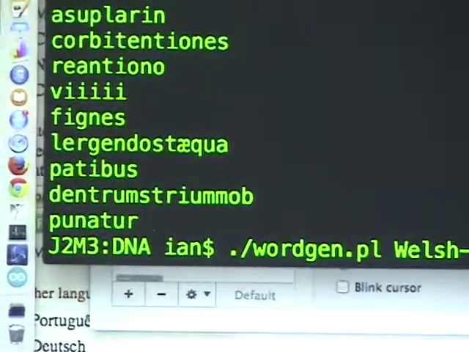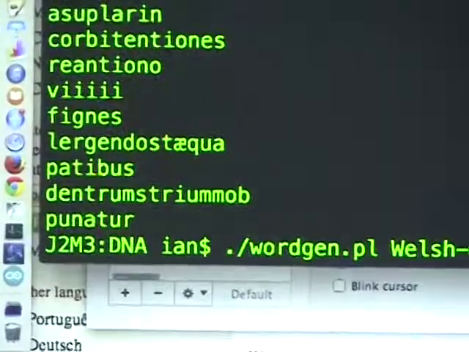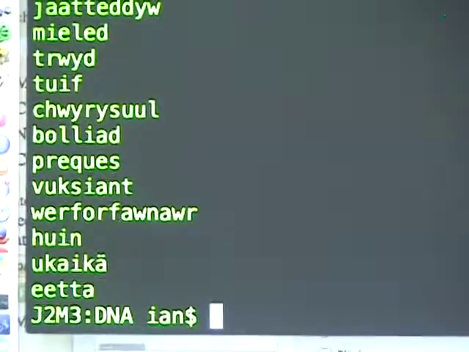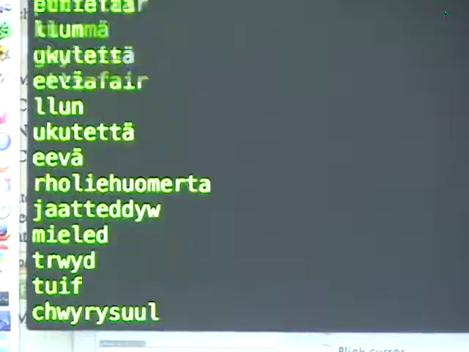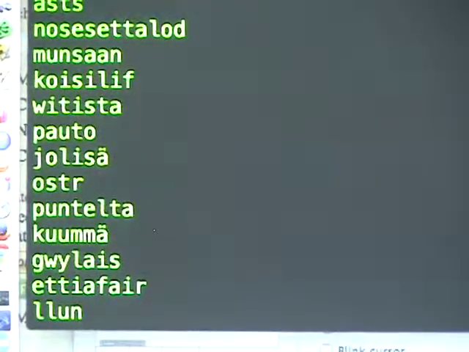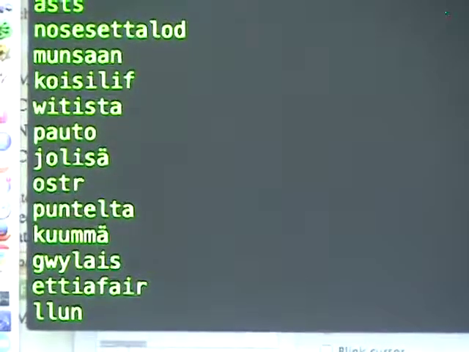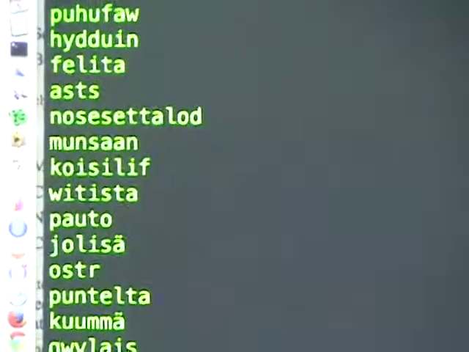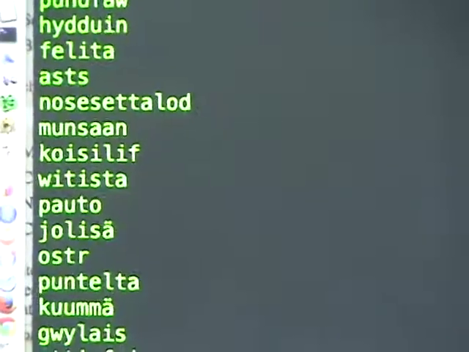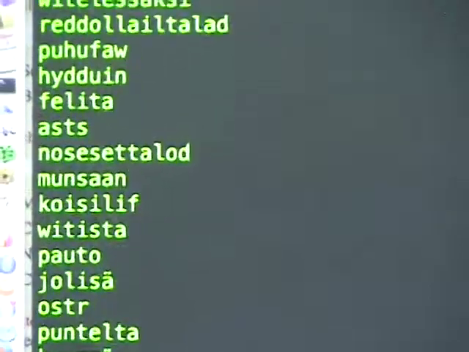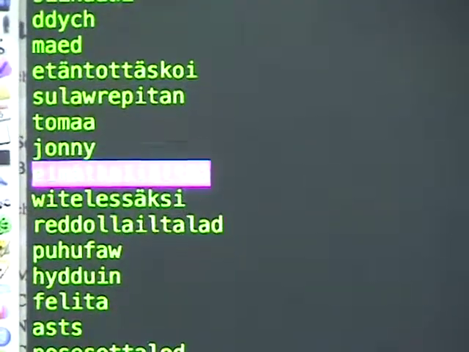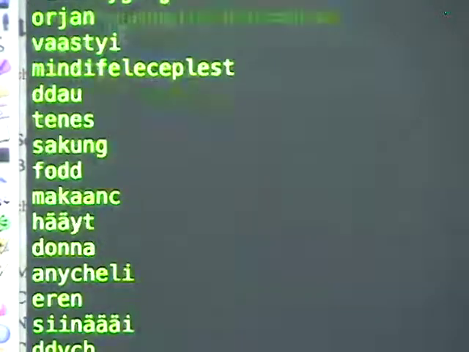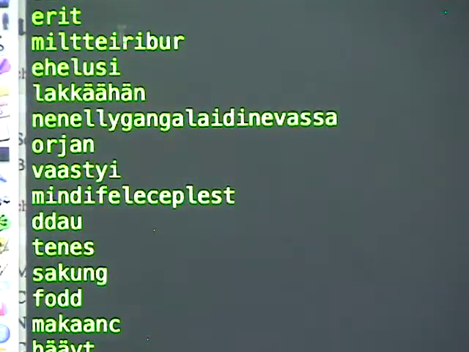We can even do it with, let's say, both the Welsh and the Finnish ones in there. And now these are a fusion of Welsh and Finnish probabilities. And so these words, like whatever this is, would be legitimate if we're writing a novel in J.R.R. Tolkien's way of doing it and needed to come up with new words, as a friend of mine has done. He needed words for his book, and this is exactly what he did. He generated them by looking at the frequencies of known languages that looked Elvish to him,